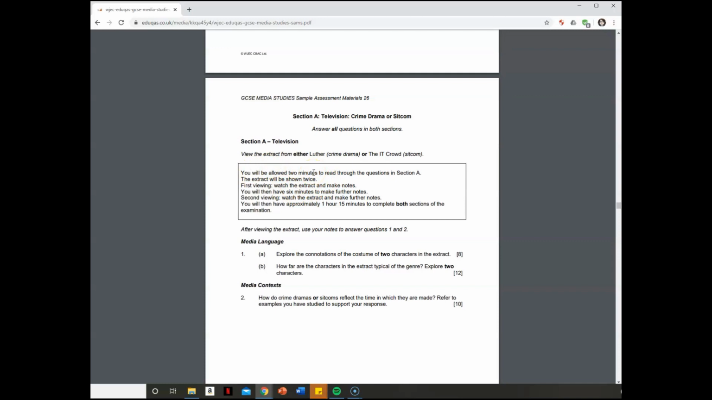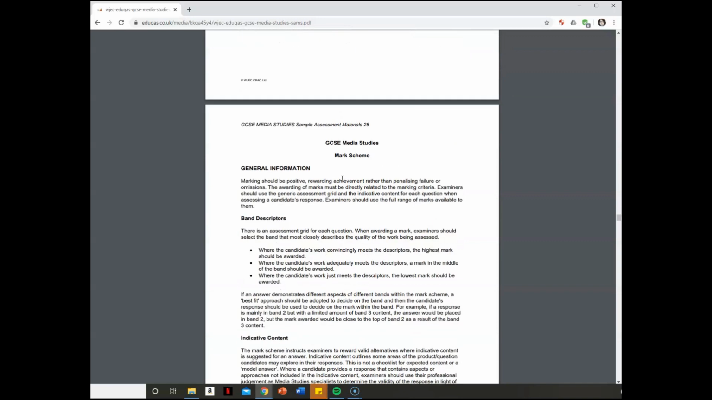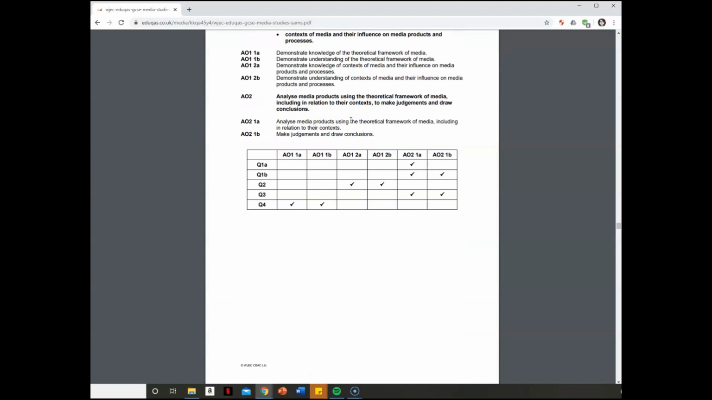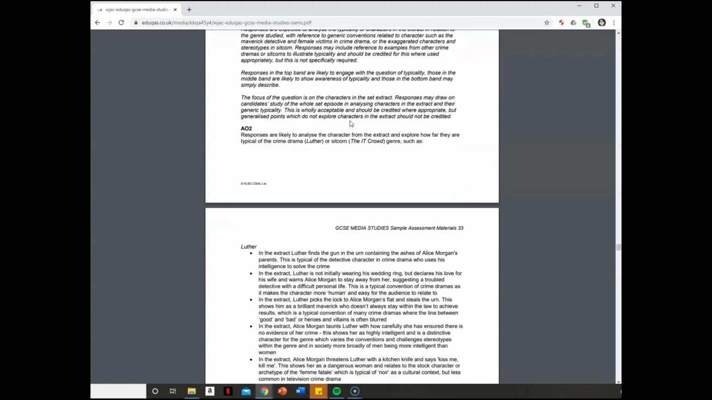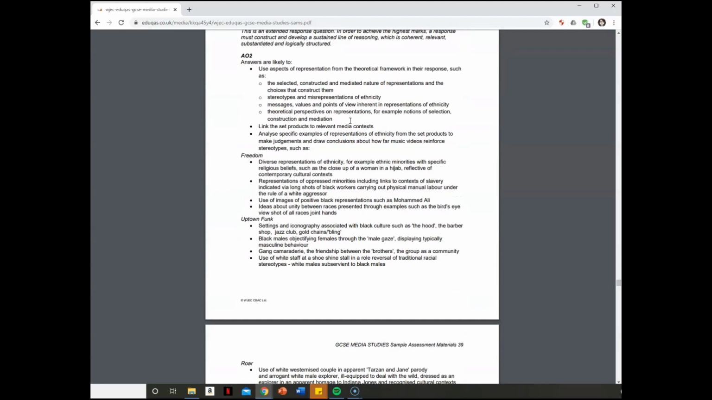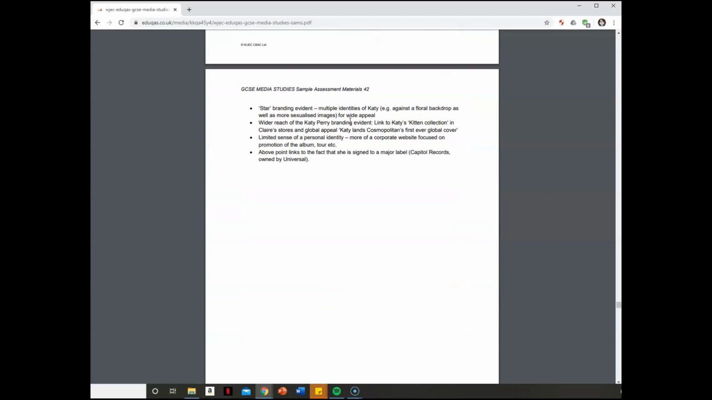Okay, so there's no mention of where the clip should be for that first section. And then you have the mark scheme here as well, from page 28 through until page 42. So those are the ranges that you're going to need if you want to print those off and highlight